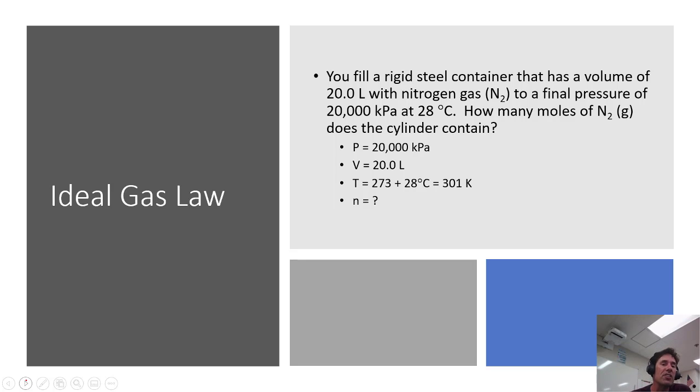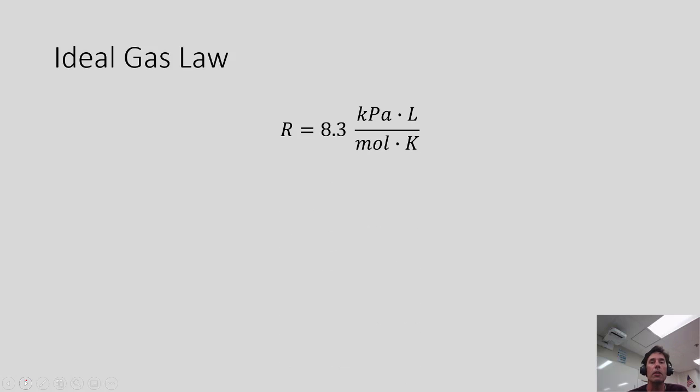So we're going to be using the ideal gas law. We're going to be using PV equals nRT, and there's our R. Our R is a, oh yes, I can't say it enough, a constant. And of course you're going to sit there and go, but Mr. Smith, are you going to give this constant to us? Of course I am. Why would I have you memorize that? Not unless you're going on Jeopardy. But yes, I will provide you with a constant, and I will also provide you with all of the equations. It's a matter of knowing when to use them, ladies and gentlemen.